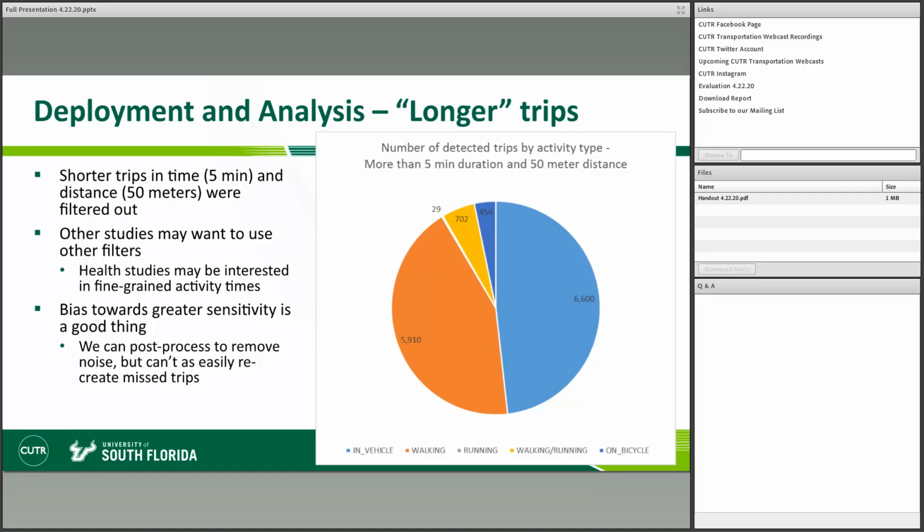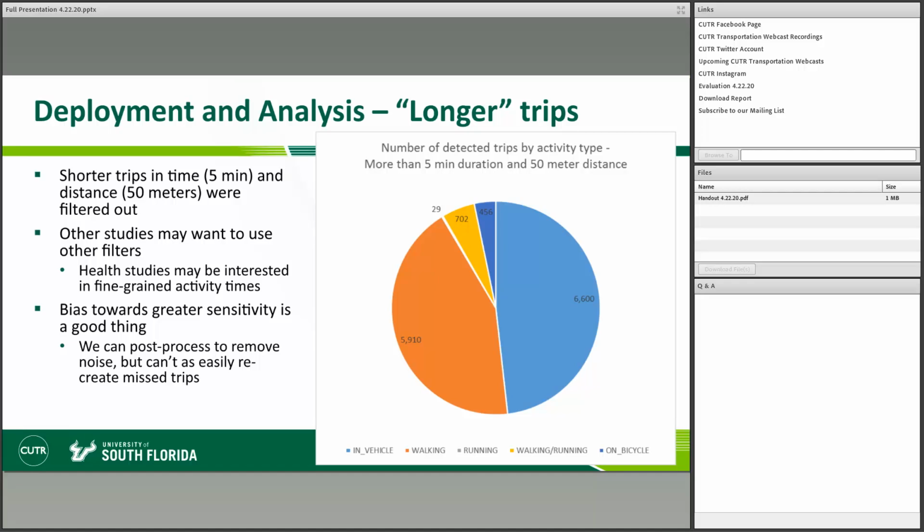That gave us the share of trips on the right-hand side. And you can see the percentage of in-vehicle trips goes way up because we're filtering out a lot of the very short walking trips that are just, for example, walks around the building or walks around your home in the middle of the day.